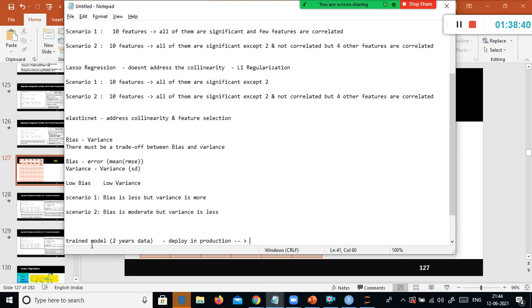So you took the 2 years of data and you trained your model. You apply this model on every month's data, right? Every month's data is kind of a test data set. We cannot say test data set, it is real time data. You apply the trained model on the January month data to make a prediction. January month data is completely unseen by my model. February month data also unseen by the model.